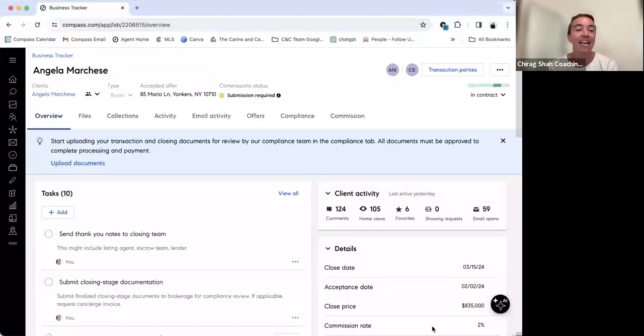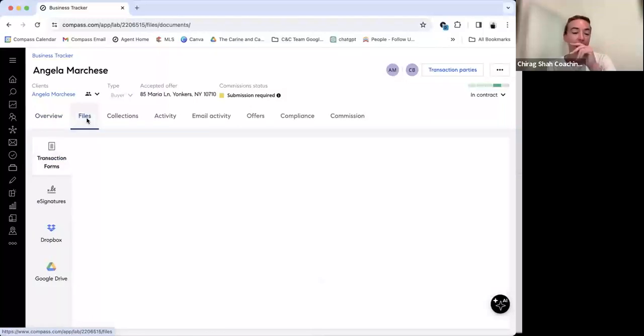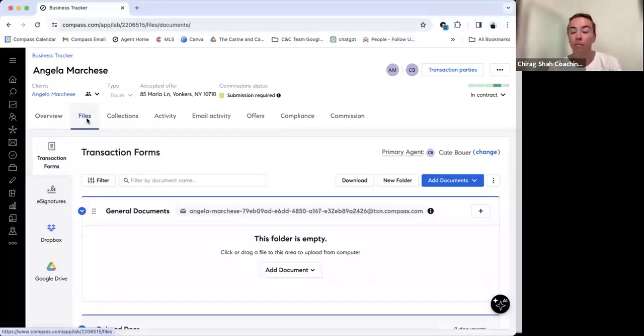We'll fly through this. So the next thing that I shared on the last call got a lot of people who wanted it, and it's already uploaded, so it'll be uploaded to this call as well: my Google folder system. Another major thing we all have that relates to each client is a lot of different documents for the transaction. Compass now has this file system as of about a year ago. You can either use your Google Drive, or Dropbox if you prefer that. And then, of course, we have Glide embedded in here as well as DocuSign. So if you wanted to get your transaction form signed in here, you can. That's fine, period. Full stop.